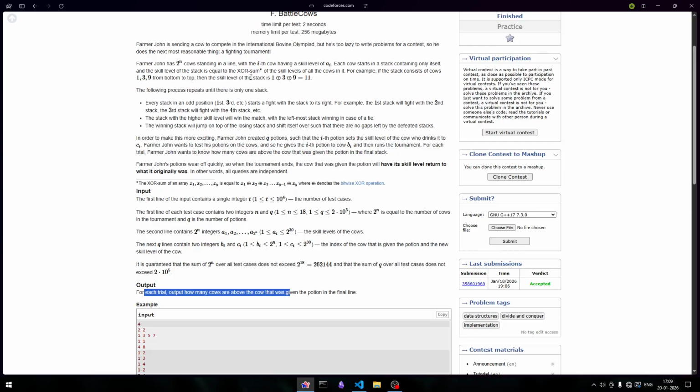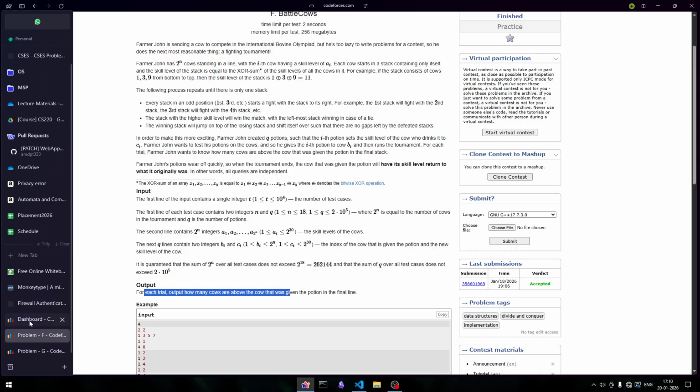Each cow, okay. The stack with high skill level will win the match. The winning stack will jump on top of the losing stack. Okay, so the thing is,